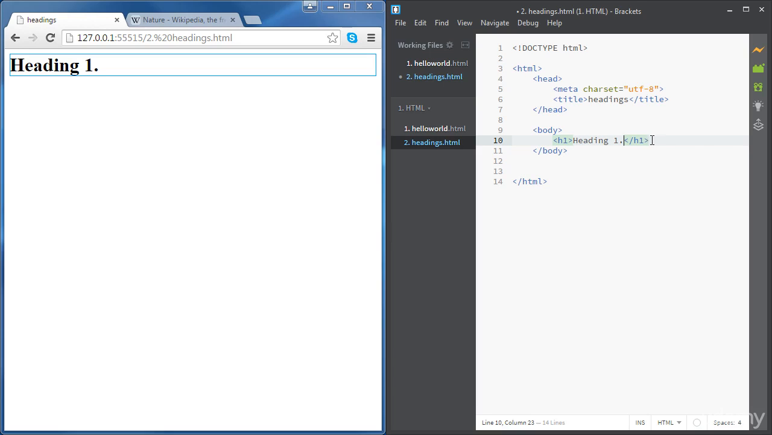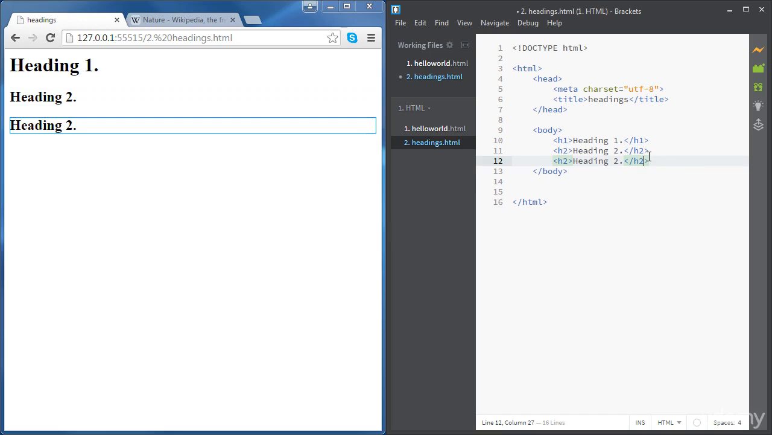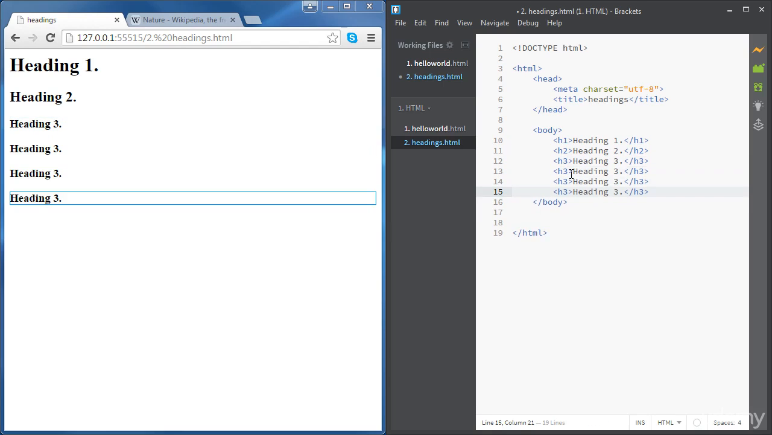Okay, so if I click on Control D, I'm going to duplicate this line, and I'm going to create another heading, but this time I'm going to create a smaller one using h2. And you can see that the second heading is smaller than the first heading. Okay, and if we duplicate again, Control D, we can create another one, h3, and it's smaller than the two previous ones. And we can carry on until,